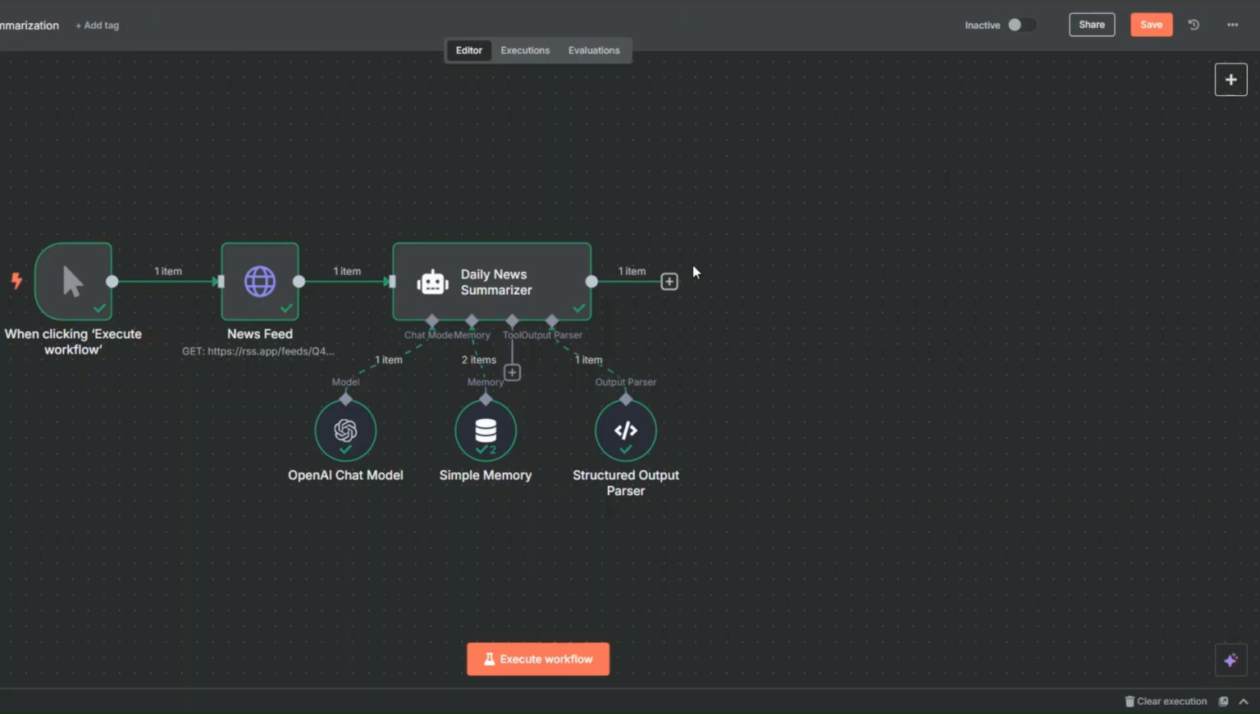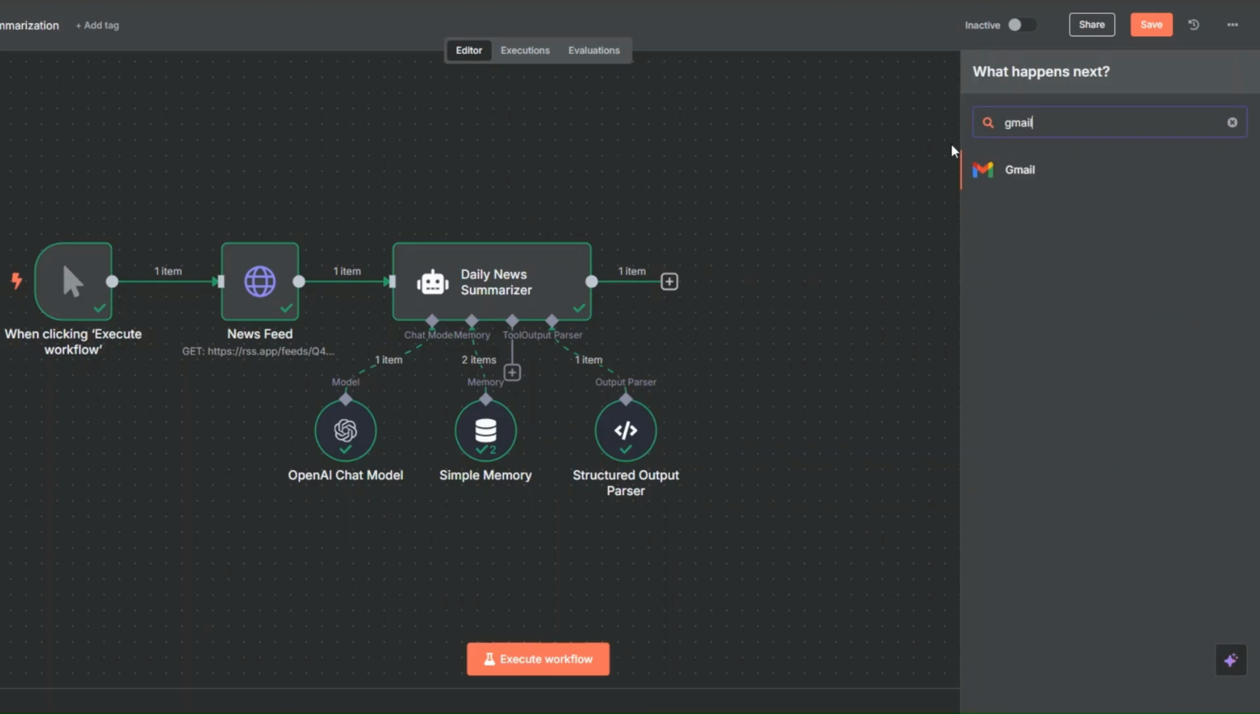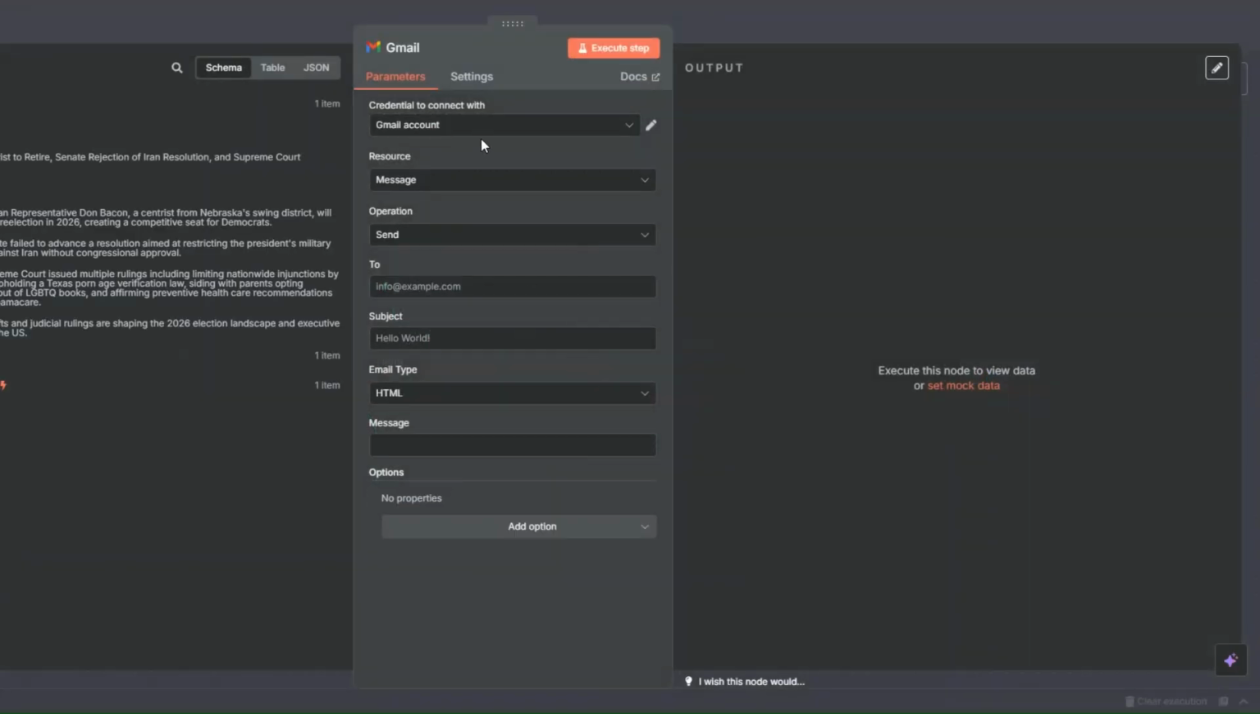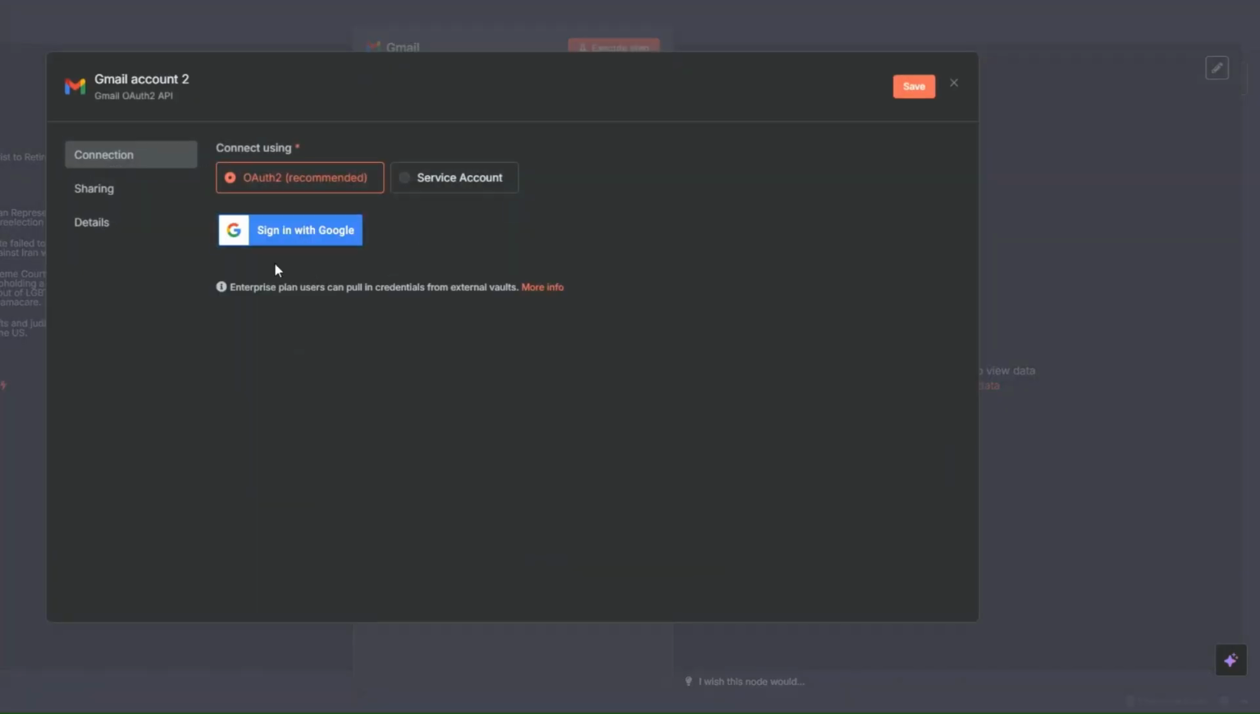Now, with our article summarized, we can send ourselves the summary via email. Search for Gmail, and here I'll click on Gmail, and here I'll click on send a message node. Like we did with OpenAI, you'll also need to create a credential right here by clicking on create your credential. Then to connect your Gmail account to n8n, just click on sign in with Google. Then on the new window that pops up, choose the account that you'd like to connect to n8n. And after creating your connection,